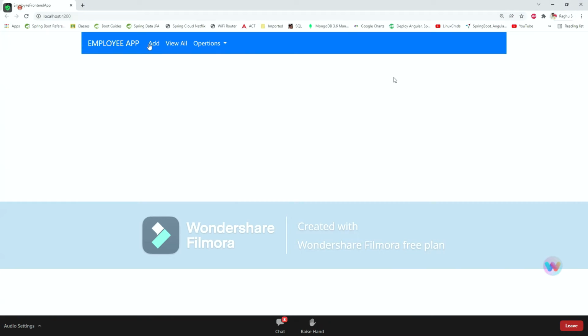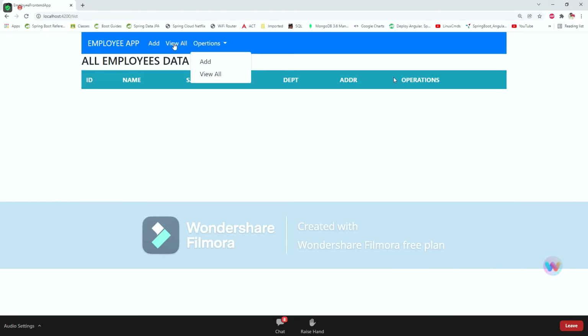When you click on view and add, the backend application is not started.